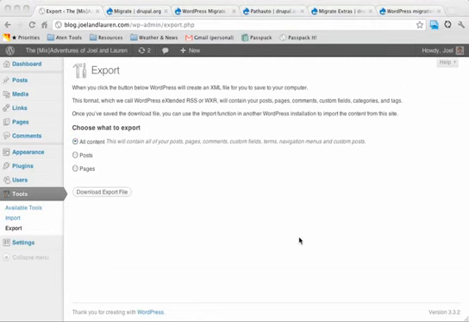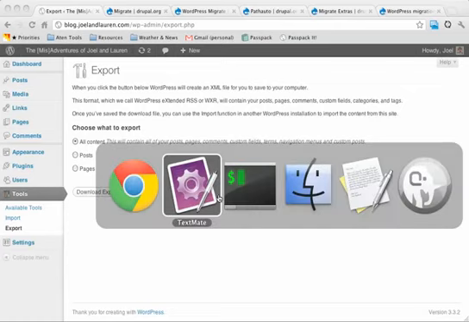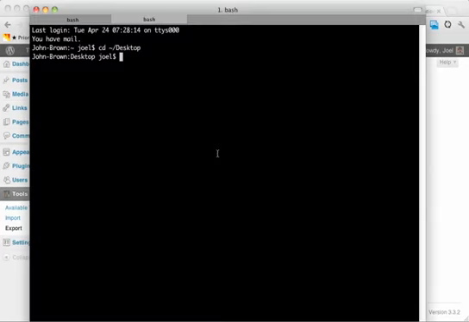Next, after your file has exported fully, the WordPress Migrate module requires extremely valid RSS or XML, and the easiest way to get that is to run a command line utility called XML-lint. So I'm where my file has been exported,